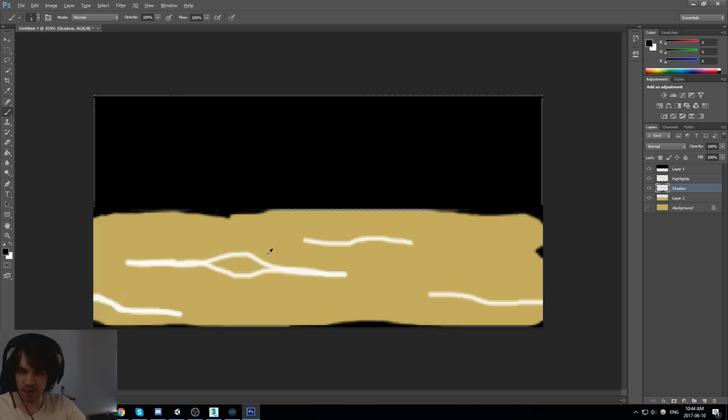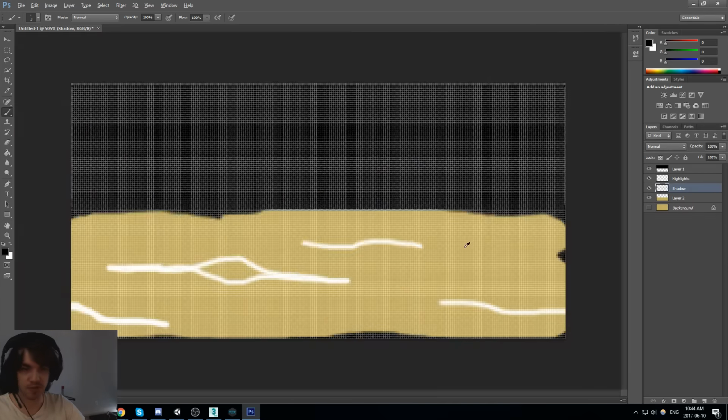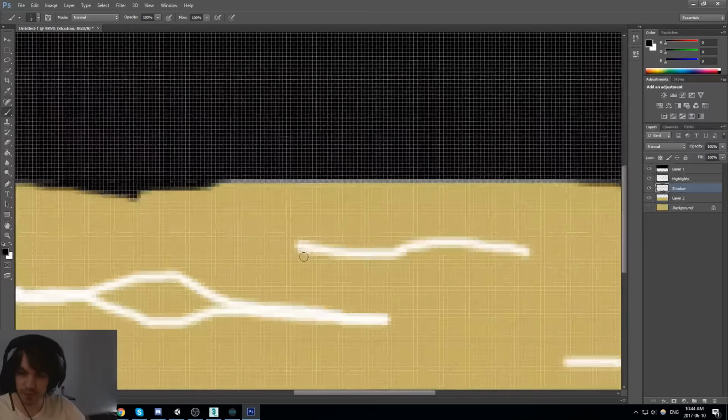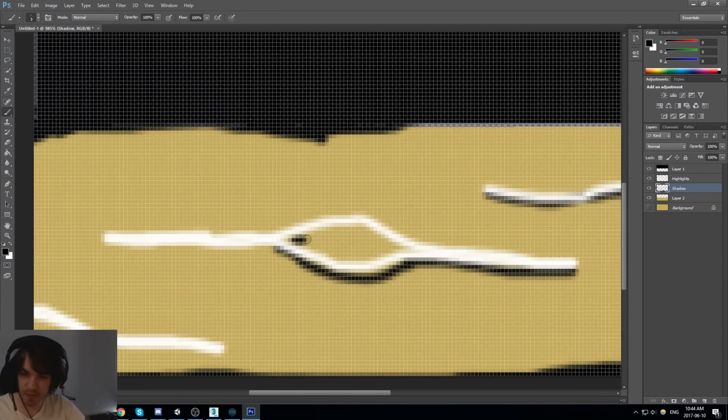Alright, now let's do a little bit of shadow and highlight stuff. Oh, I was actually doing shadow. Okay, well, let's do more. Give it some depth right here. Amazing stuff. There we go.